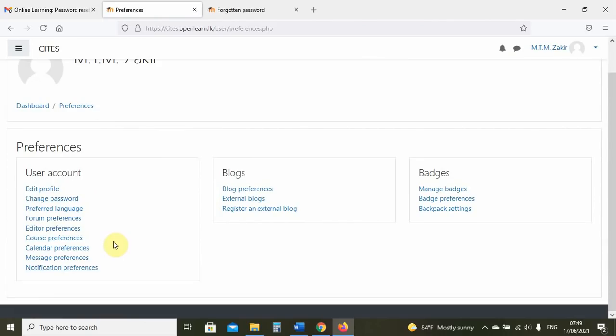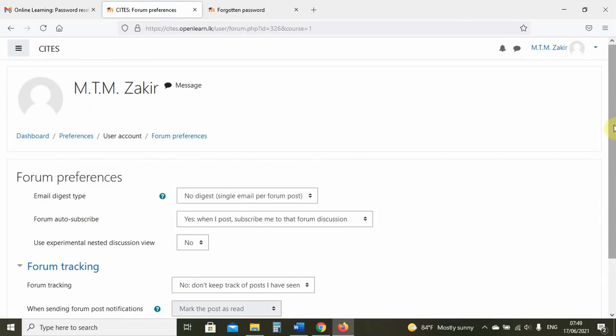As students, you are allowed to change things which are within your control, which will not make a difference to the LMS. So you can go in and make some change and see what happens, whether there is a difference in what you see. Here I want to point out these forum preferences, because the discussion forums are a very important part of this LMS and how we will use it.